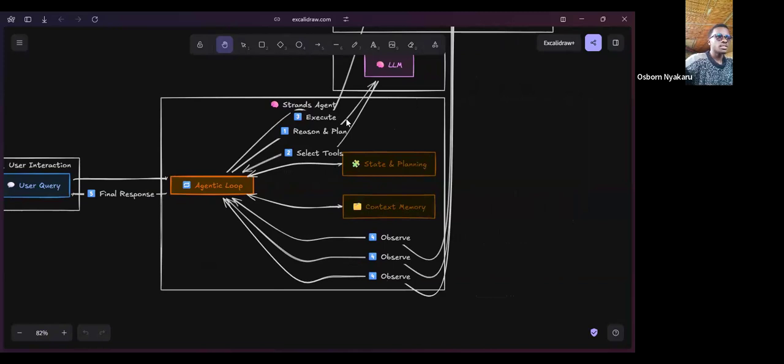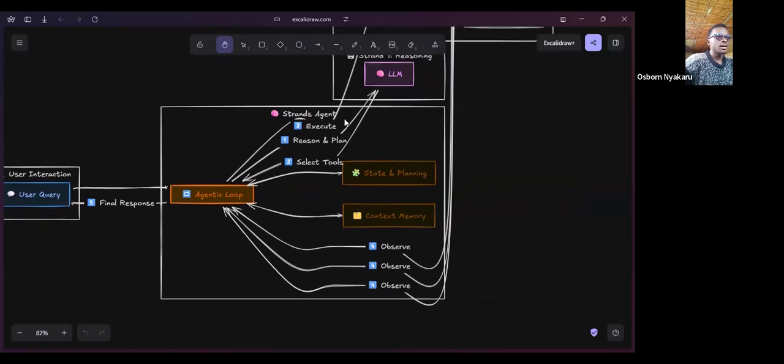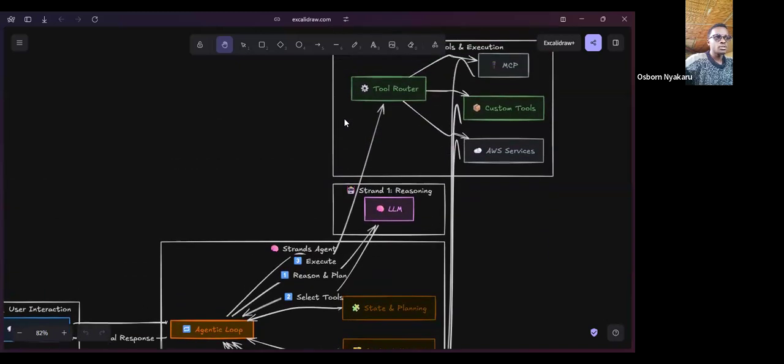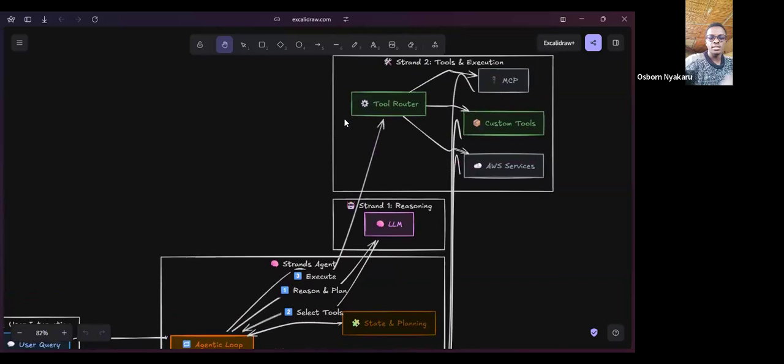And now for the Strands agents, it actually has two strands. So the Strands agents, as I had said, the large language model is for intelligence, as you can see, provides the agent with reasoning capabilities with autonomy, making sure that this agent has very minimal human intervention. It knows, an example could be for that particular